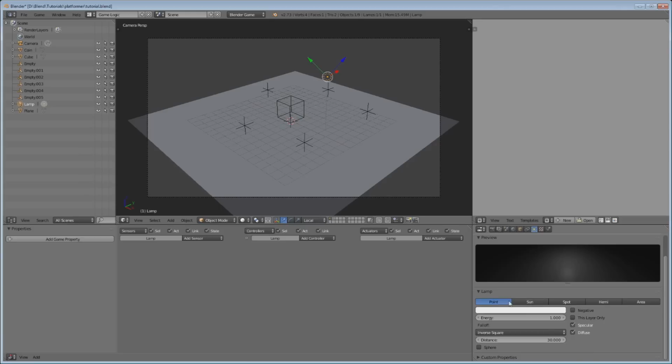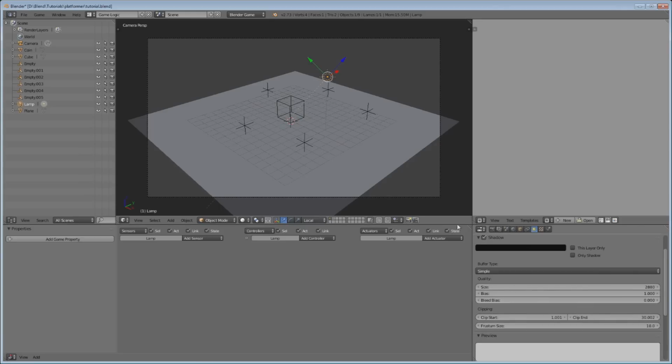And we're going to switch it from a point lamp to a sun, so just click on sun. There we go. And you'll notice it doesn't look like any lighting's changing up here, and that's because we're still in solid view, which is kind of like a render or color only preview of what the world will look like. So we want to get a real-time update of what it will look like in game. So all we have to do is select this little button here, and we're going to choose texture